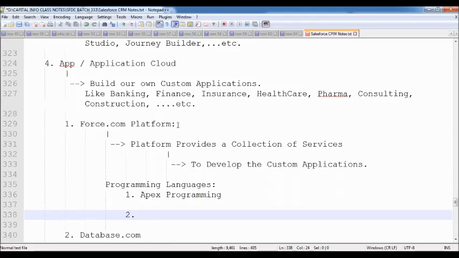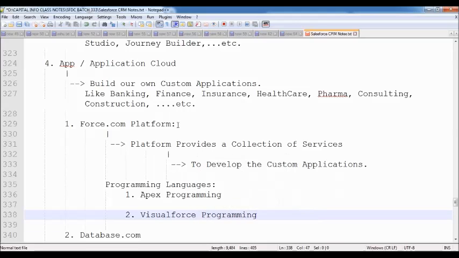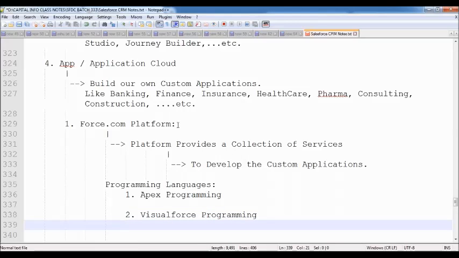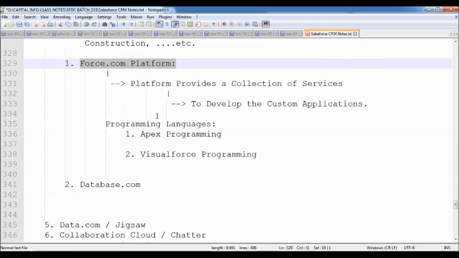Second one is Visualforce programming. Upon developing your own custom applications, we have to write some code, develop some business logic, and design some screens. For that reason, Salesforce is providing two programming languages as part of this Force.com platform.